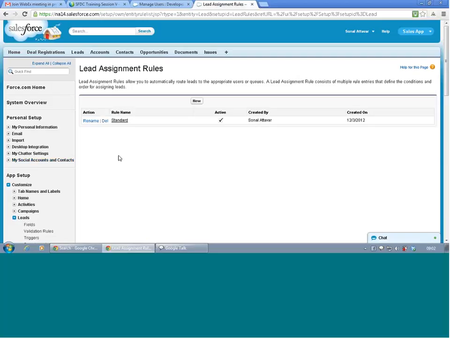Let's discuss what the lead assignment rule is. Lead assignment is a business process. Just consider that you have a company and you are getting 1,000 or 2,000 inquiries a day online.